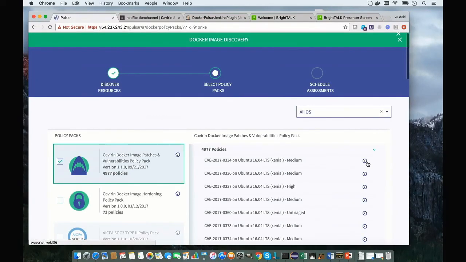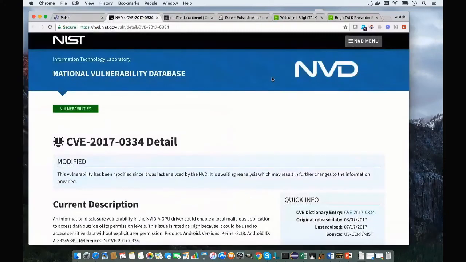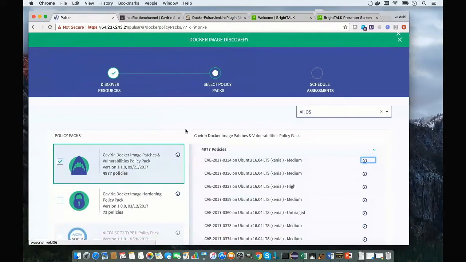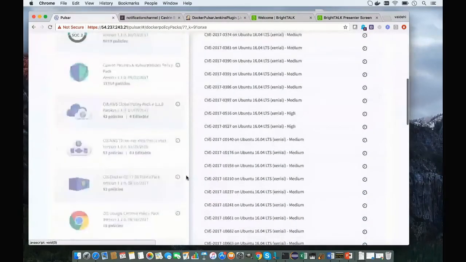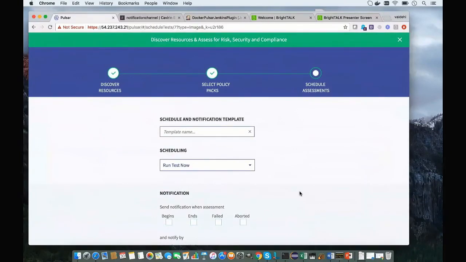a vulnerability package, and this vulnerability package we get from the industry standard National Vulnerability Database. So we have packaged all these vulnerabilities into one particular package. If we go to the next page, here we have a scheduling page